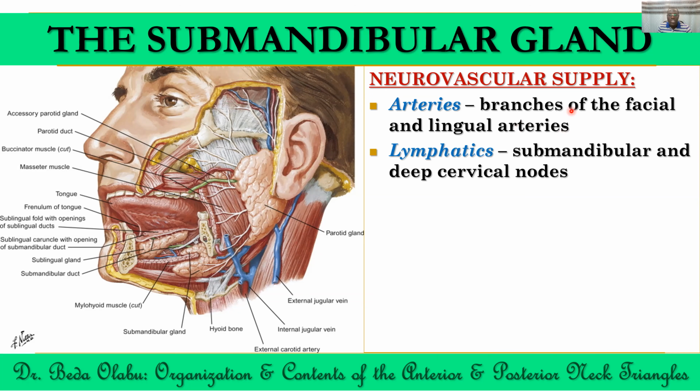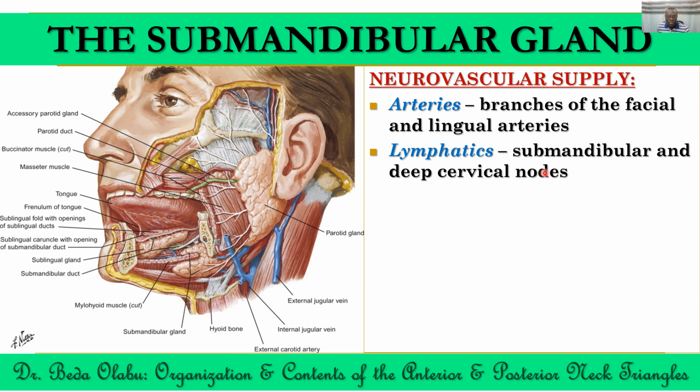Sorry, branches of the facial artery and the branches of the lingual artery. So remember, facial and lingual arteries are branches of the external carotid artery. They're the anterior branches. The lingual artery is the second anterior branch of the external carotid. The facial artery is the third anterior branch of the external carotid. So they have several branches, and some of these branches go to the submandibular